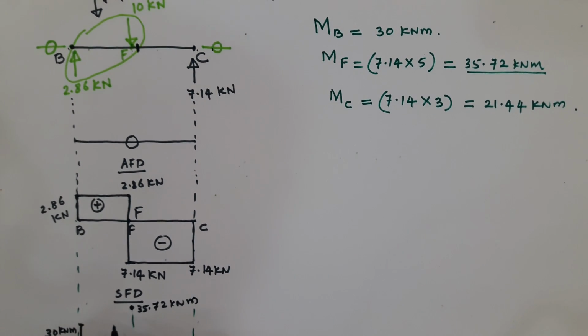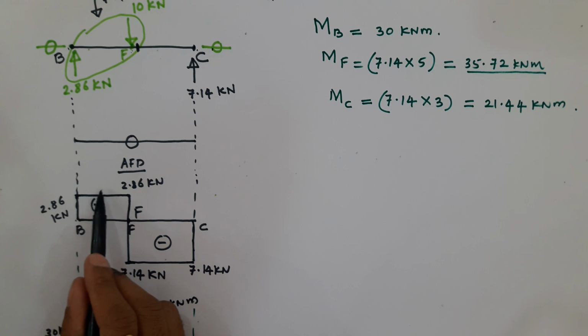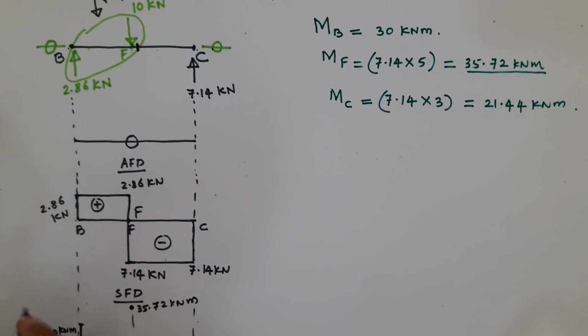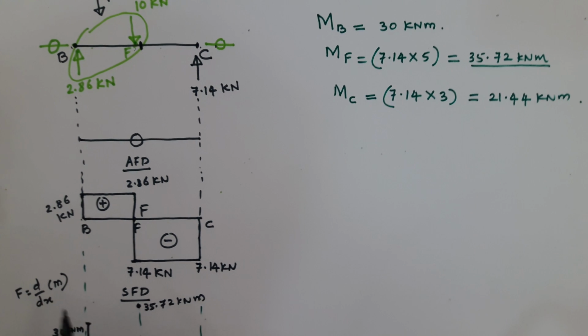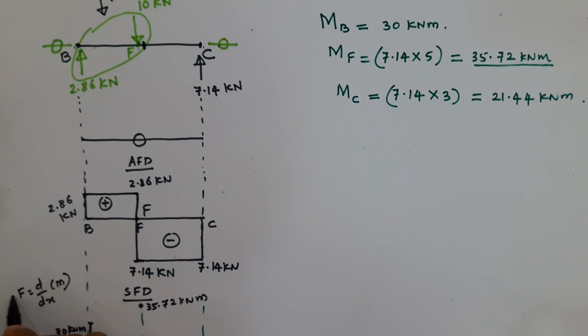Now how to join these 2 points? Now if you go to the shear force diagram, it is constant, and again you know that F is dM by dx, that is, shear force is the rate of change of bending moment, and therefore I have to draw a line, I have to join in such a way that this equation gets satisfied. So when shear force between these 2 points is constant, that obviously